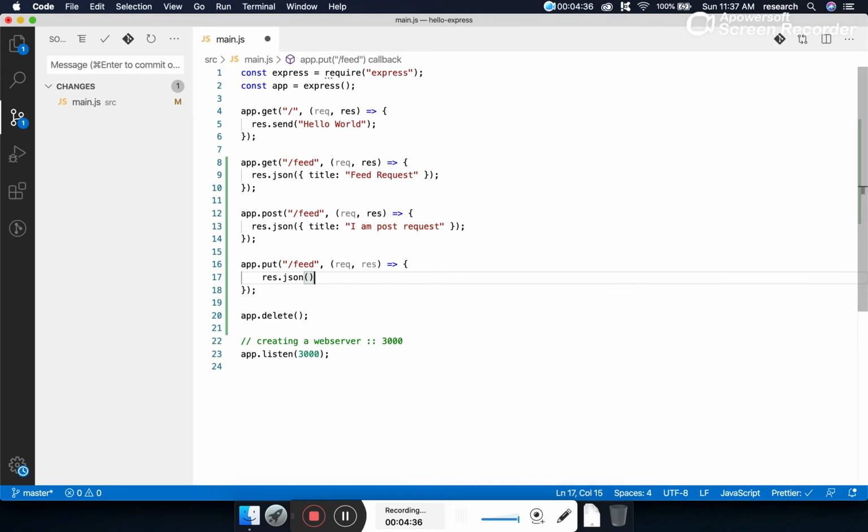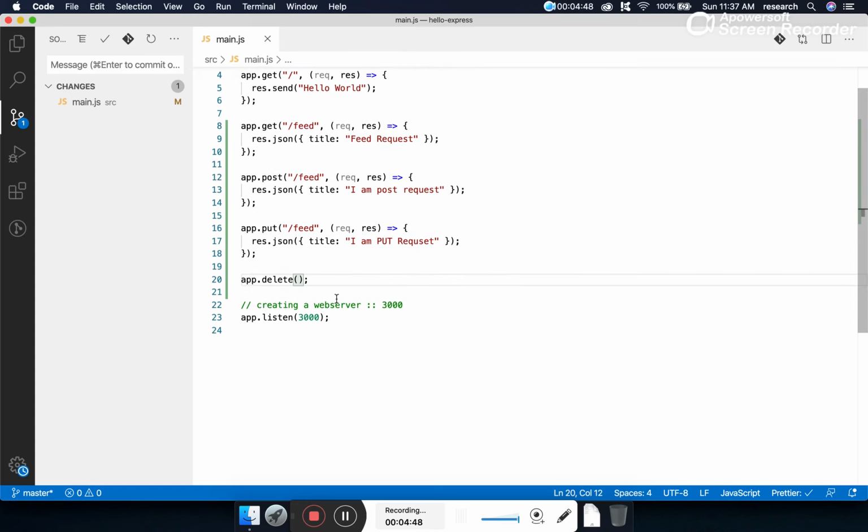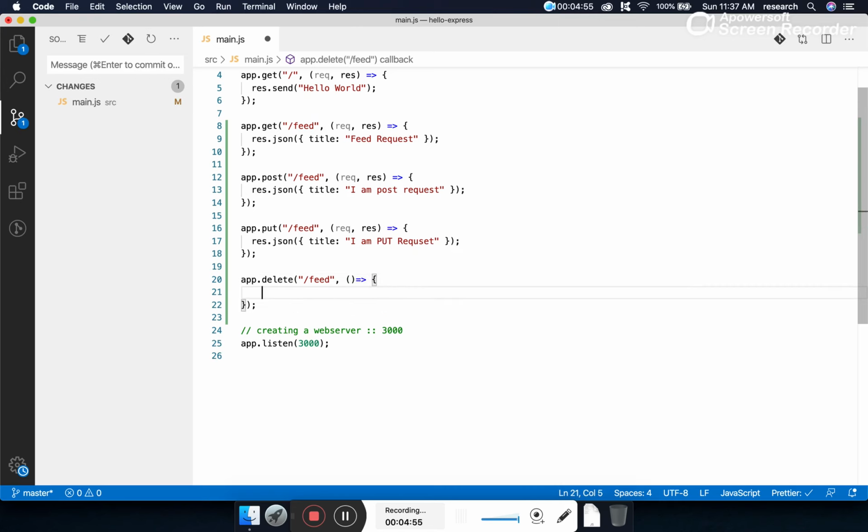And let's suppose the response.json, and we are writing here title, put request. In a similar way, delete also takes two parameters. The first one is the path parameter, and the second one is the callback function with req and res.